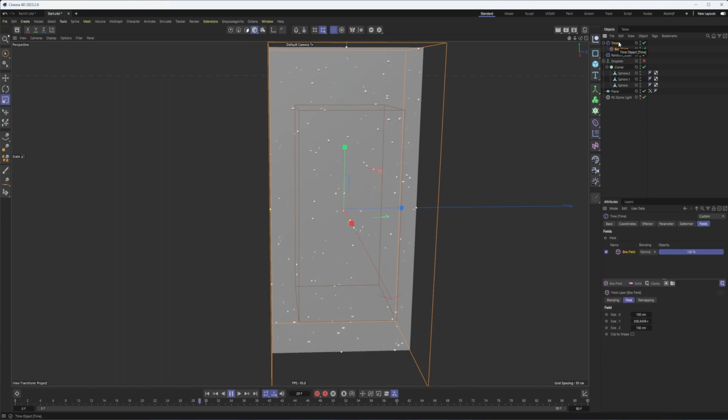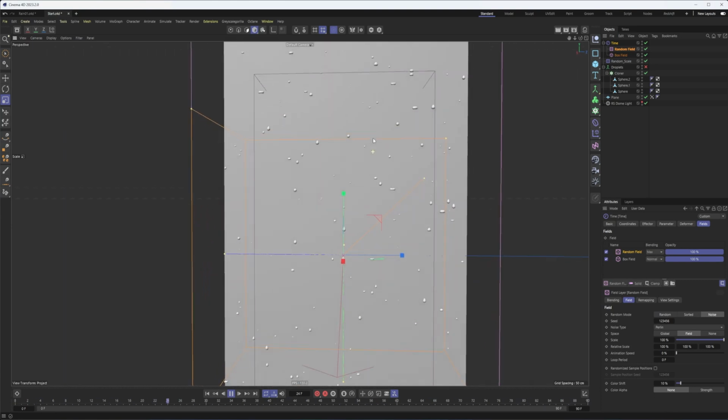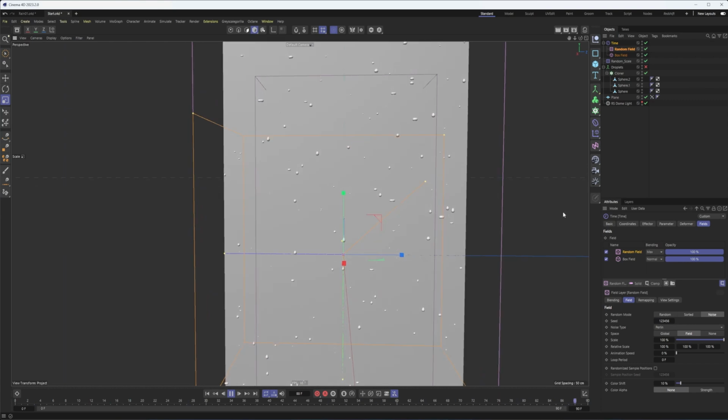And so the way we're going to fix that is in this time field, we are going to add a random field on top of it. And so that will randomize it, though it's not very easy to see and perhaps isn't doing it as much as we would like yet. I'm going to switch the mode here from max to multiply. And now we should start to hopefully see maybe a few of these moving a little bit faster than others. And I can kind of see it, right? That one's kind of catching up to this one.